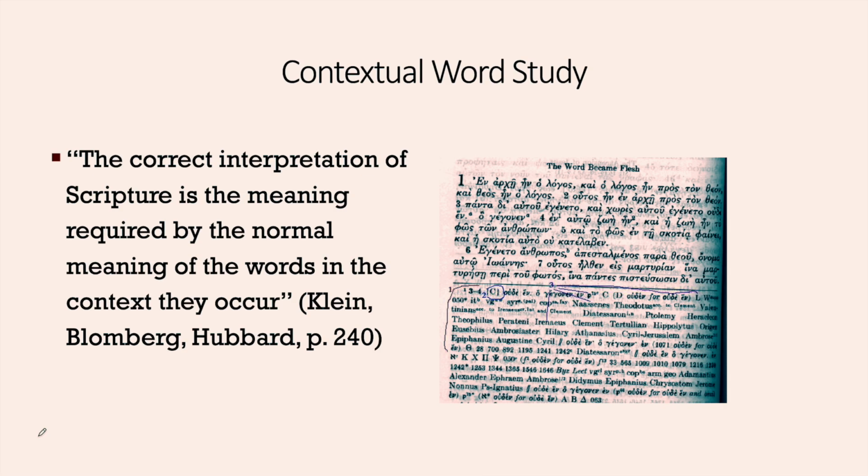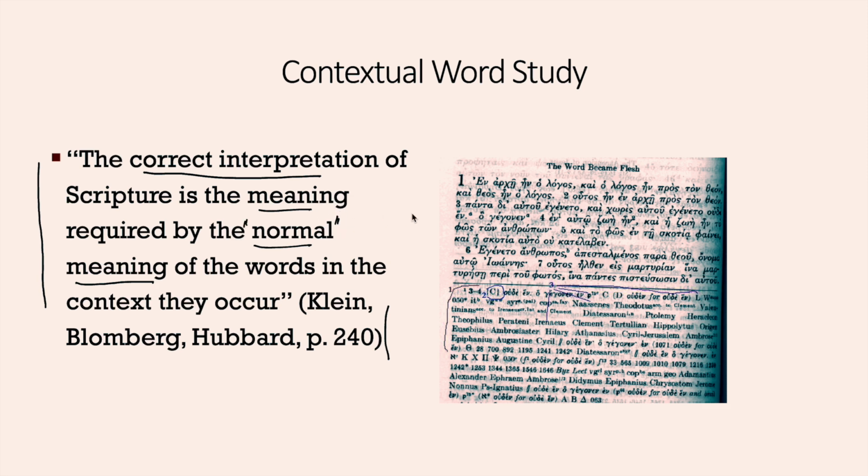This is actually a quote from a book on biblical interpretation by Klein, Blomberg, and Hubbard. But this is what they say. The correct interpretation of Scripture is the meaning required by the normal meaning of the words in the context in which they occur. Well, this is a very good quote, and there's a few interesting aspects to it. It's saying a lot. The correct interpretation, that is, how do we determine the meaning of Scripture? It's the meaning of the words that we find within the text, and this is what they call the normal